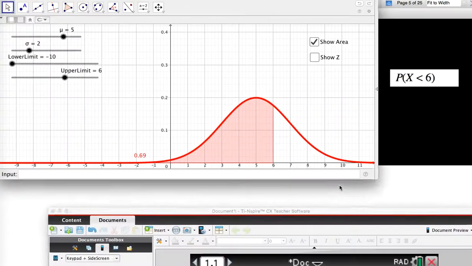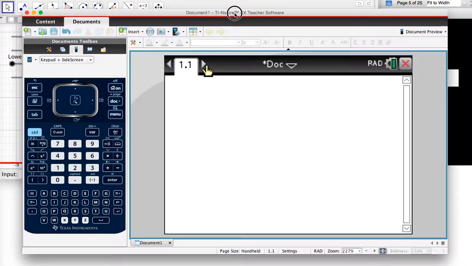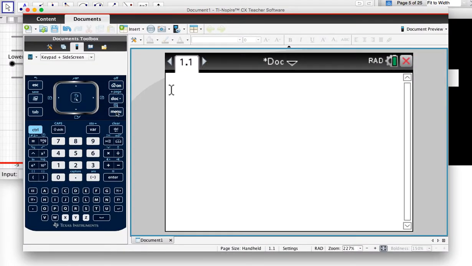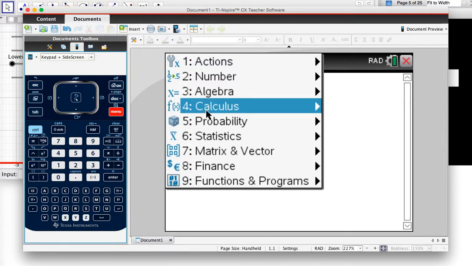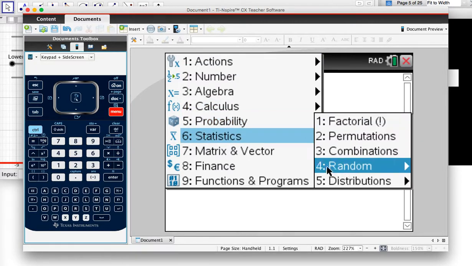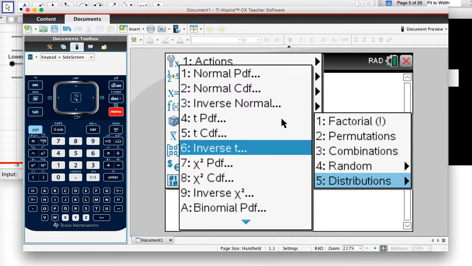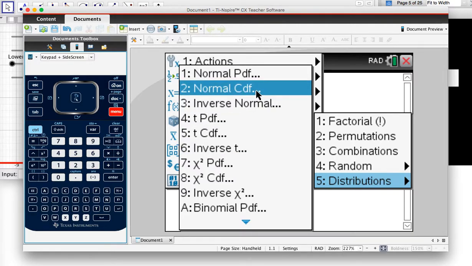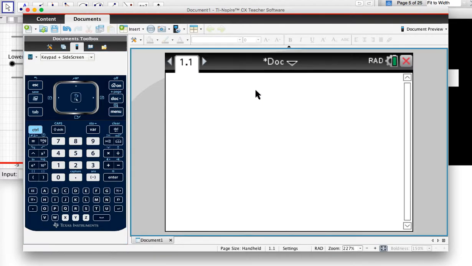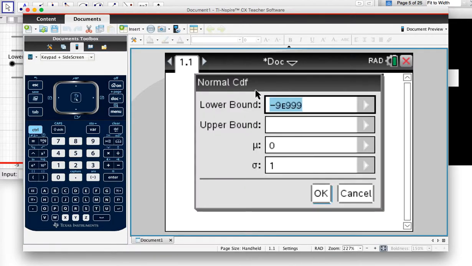So the way that we type that in, if I bring up my GDC here, is I go into calculator mode, menu, I then want to do probability, distributions, and I am going to be using normal CDF, the cumulative distribution function. I'll be asked for the lower limit. In this case that was negative infinity. So negative